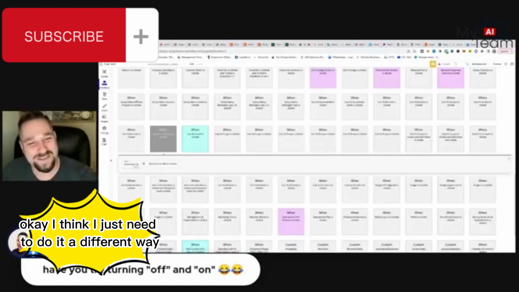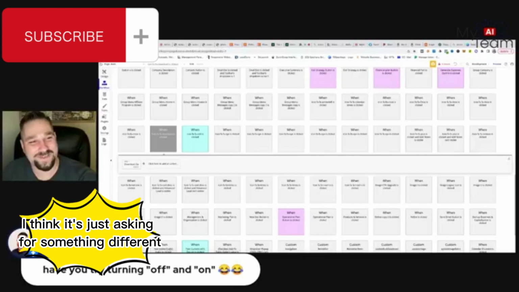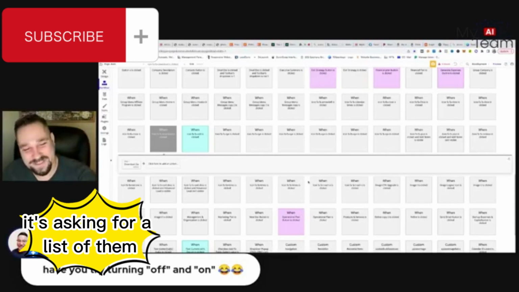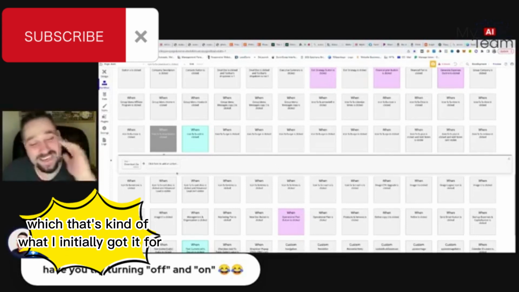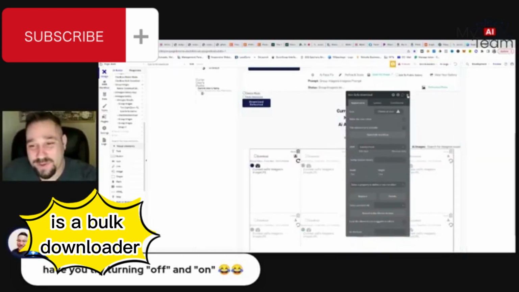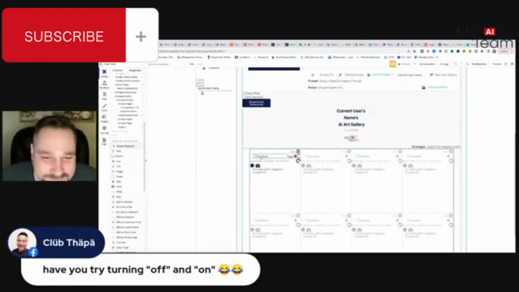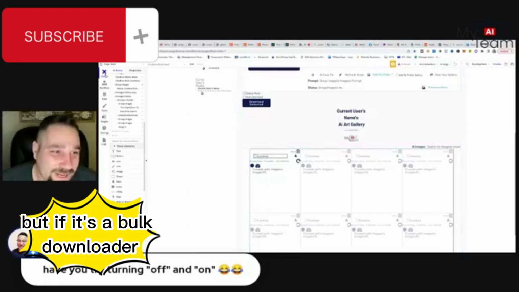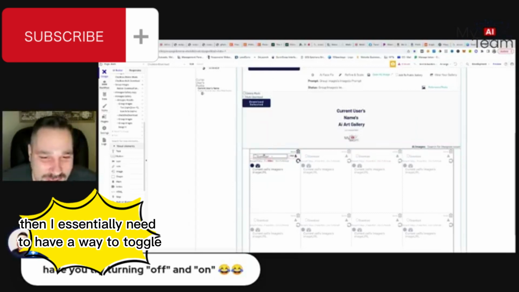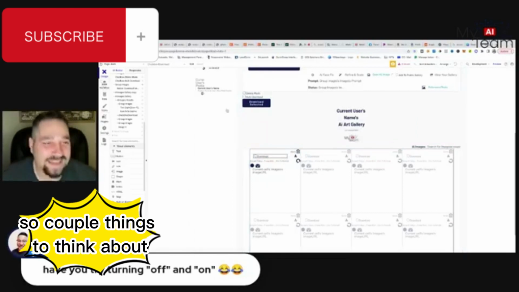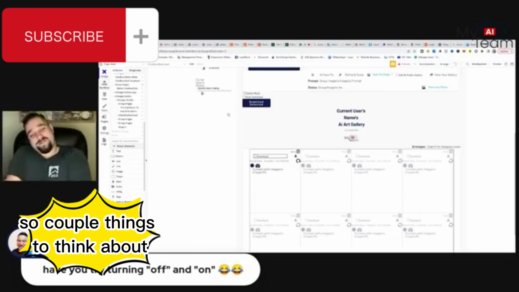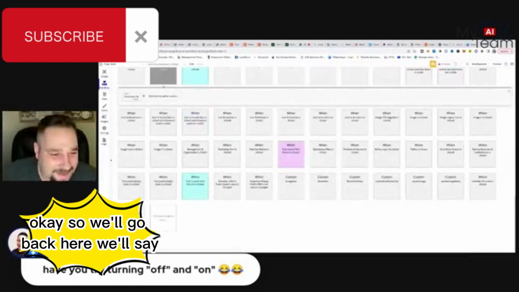Okay, I think I just need to do it a different way. I think it's just asking for something different. It's asking for a list of them, which is kind of what I initially got it for, a bulk downloader. But if it's a bulk downloader, then I essentially need to have a way to toggle this on and off. So a couple things to think about. Okay, so we'll go back here. We'll say,